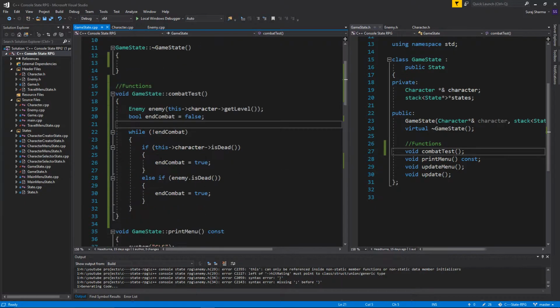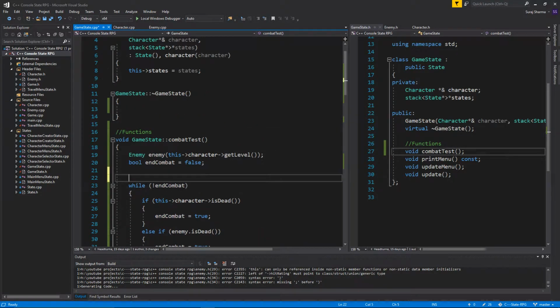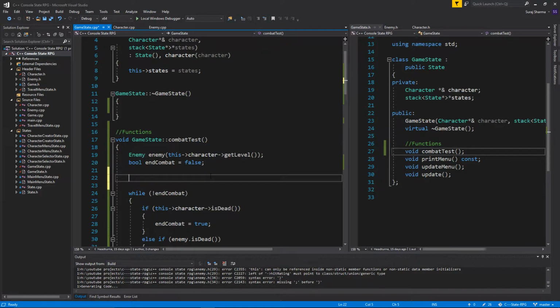So what we did in the last video, we just made a little shell where we can actually attack and test our attack. So today we're just gonna make the base. I'm just gonna explain how this is going to work, and how you'd make a combat test with an enemy's defense and a character's attack, like how you can see which one is bigger and which one is less,